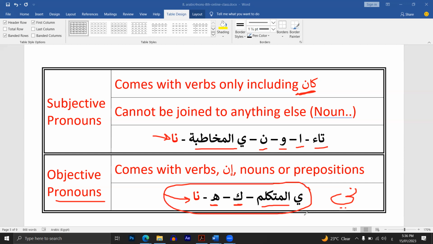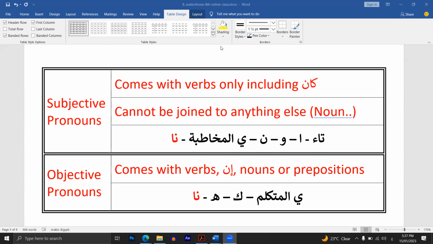Okay, I hope it's clear now. I'm afraid there is no time to practice because I already consumed too much time. But I promise you, next week, inshallah, the first thing we will start with is some exercises, because actually we need a lot of exercises in order to understand these pronouns better. So before we conclude the lesson, please, I'm just listening to you. I've already done talking.